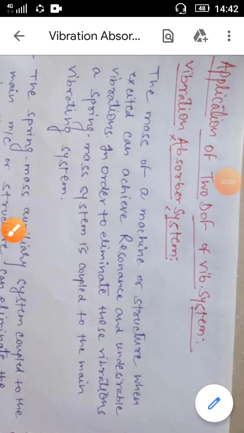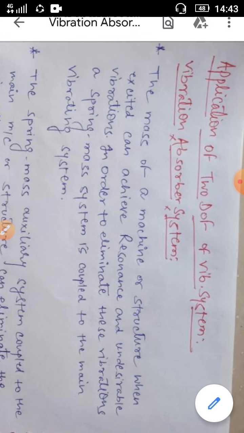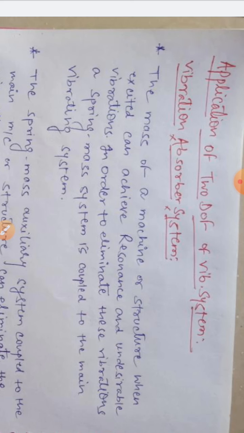Hello student, today we are going to see the application of two degree of freedom vibration systems. It means: what are the applications of a two degree of freedom system, of which the most important application is the vibration absorber system. What does it mean, why is it used, what is the principle? Today we are going to discuss this in this video. So first of all, we think that when a machine or a structure is running, it